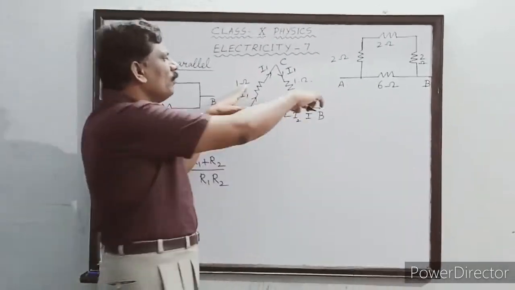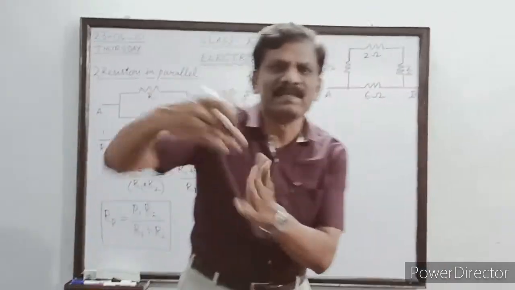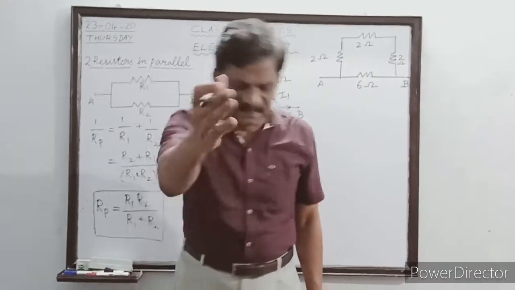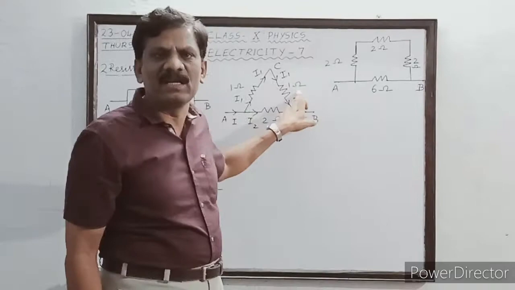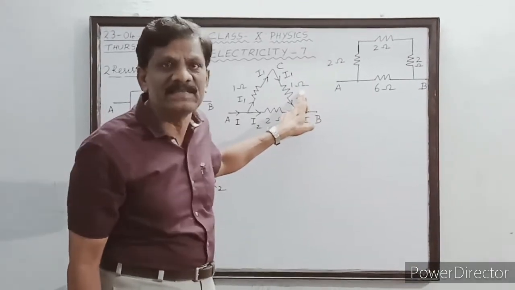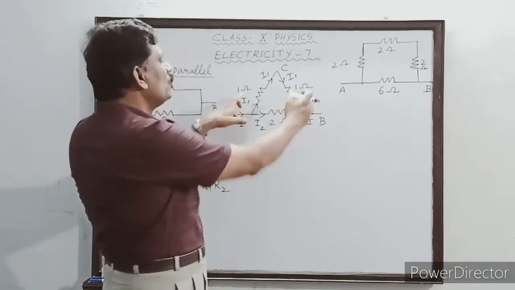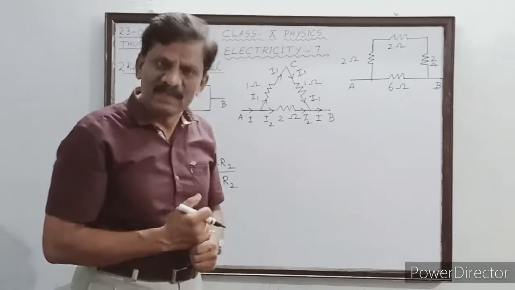So why we have to consider the dividing of current is because you should know that these resistors of 1 ohm and another 1 ohm, since they permit the same quantity of current, you tell me, are they in series or parallel? Excellent. Good. So these two resistors of 1 ohm each are considered to be connected in series because the same current is flowing. So what should be the effective resistance when two 1 ohm resistors are connected in series? 1 plus 1 is 2 ohm.